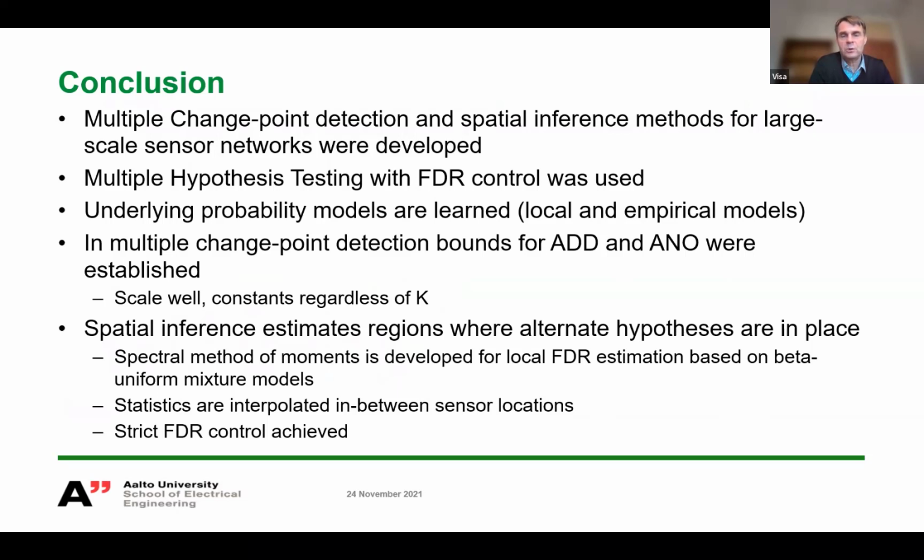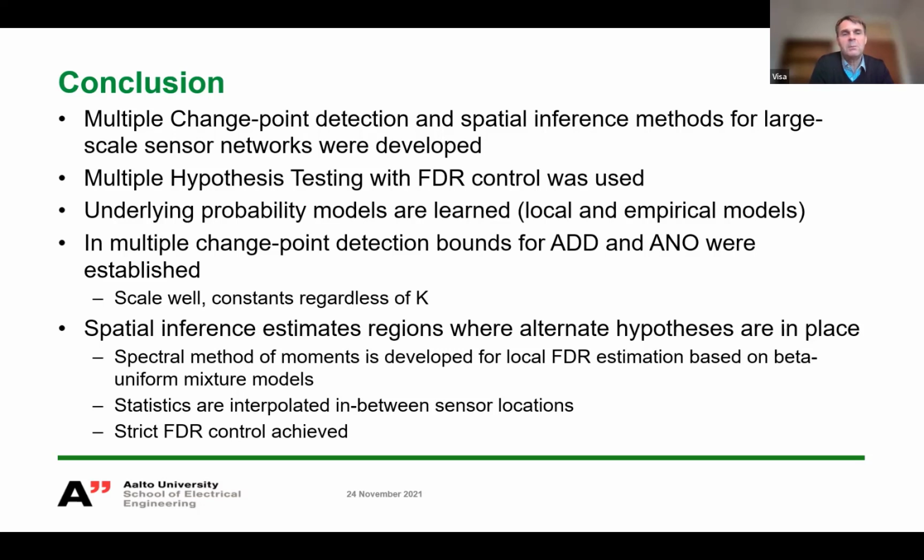We used multiple hypothesis testing and FDR control extensively, and learned these probability models under the null, as well as the distributions of the p-values that allow you to then set the threshold values and